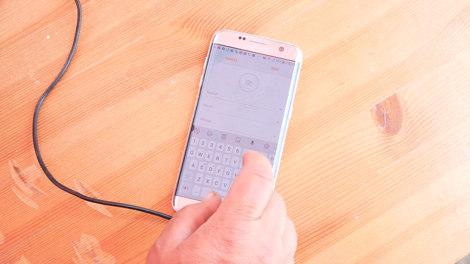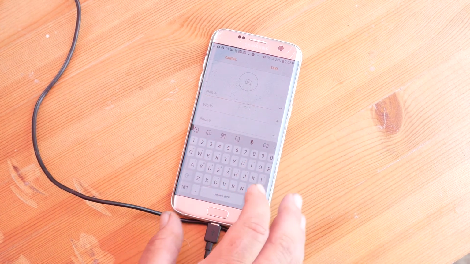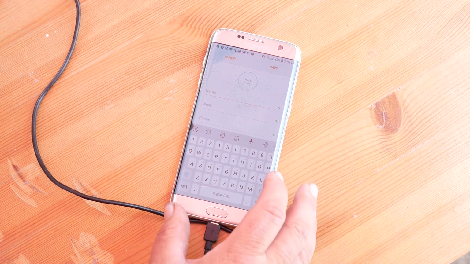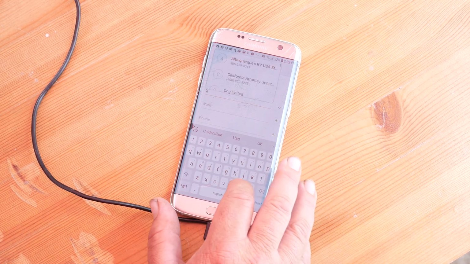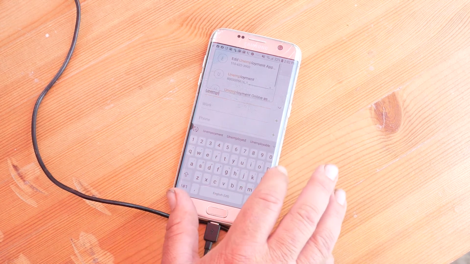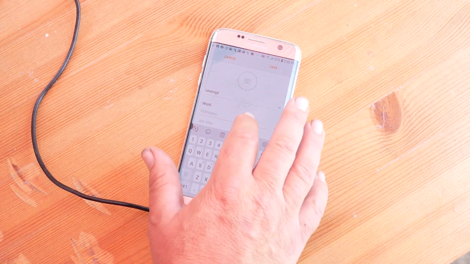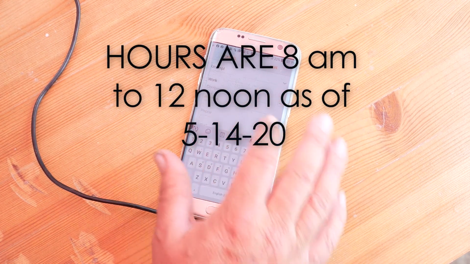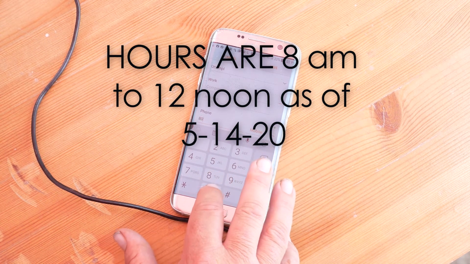You create a new contact in your contacts. I've already done that part. I mean, I've already opened contacts, that is. This is where you enter the contact. So I'm going to call it UNMPL because I already have this entered as unemployment. And phone number. Their phone number is